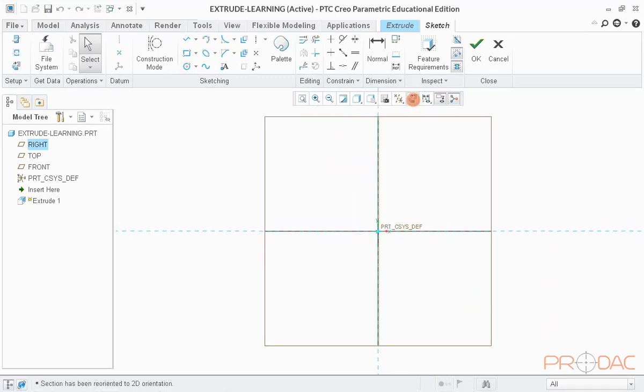Click on the Sketch View button in the Quick Access button area. This makes the sketching plane parallel to viewing screen. Now, select Option to draw rectangle in the top menu bar. And click anywhere in the graphical window to define first corner of rectangle. Click once again to define another corner and press Center mouse button to exit the sketching mode.